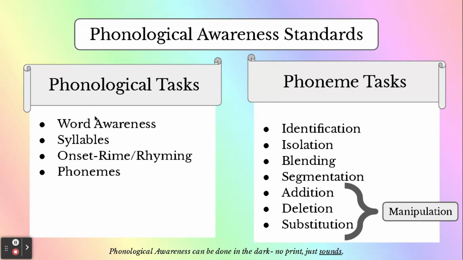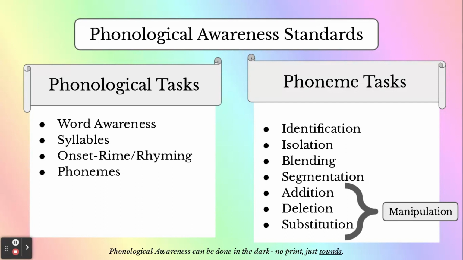So the tasks move from word awareness, which has to do with students understanding words within a sentence, down to the word syllable parts, rhyming, being able to produce onset rhymes, being able to deduce the rhyme parts in the onset rhyme, and then individual sounds, known as phonemes. So once students are able to do these tasks, then the individual phoneme sounds tasks involve being able to identify phonemes, isolating the sounds, blending sounds, segmenting sounds, and then you have manipulation, which is one of